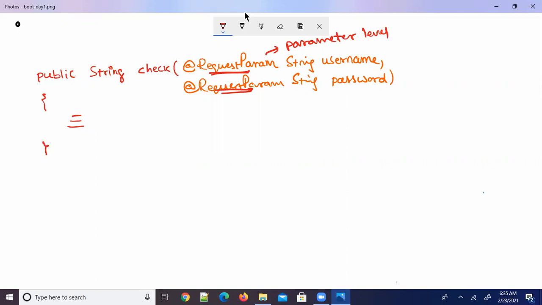Target and Retention are the two annotations used while creating annotations. These are annotations for creating annotations. These are Sun provided annotations. One is Target, second one is Retention.